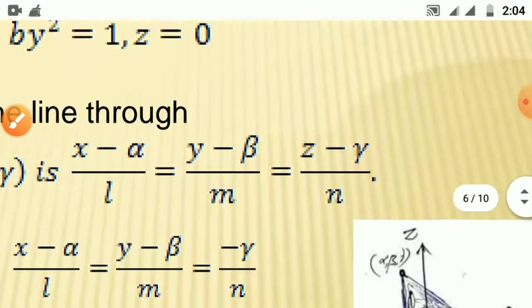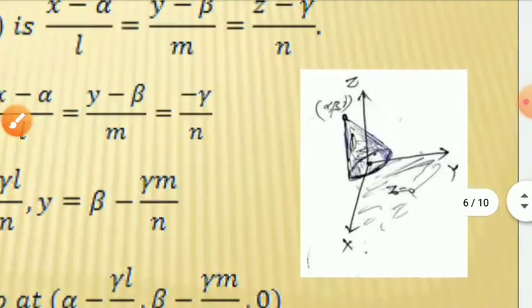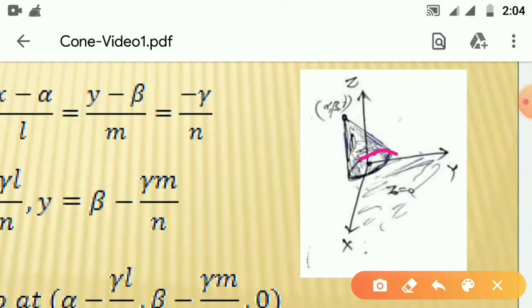So you can see in the diagram, this is the ellipse ax square plus by square is equal to 1 in the xy plane. So this is the guiding curve here in this case to find the equation of the cone, and alpha, beta, gamma is the